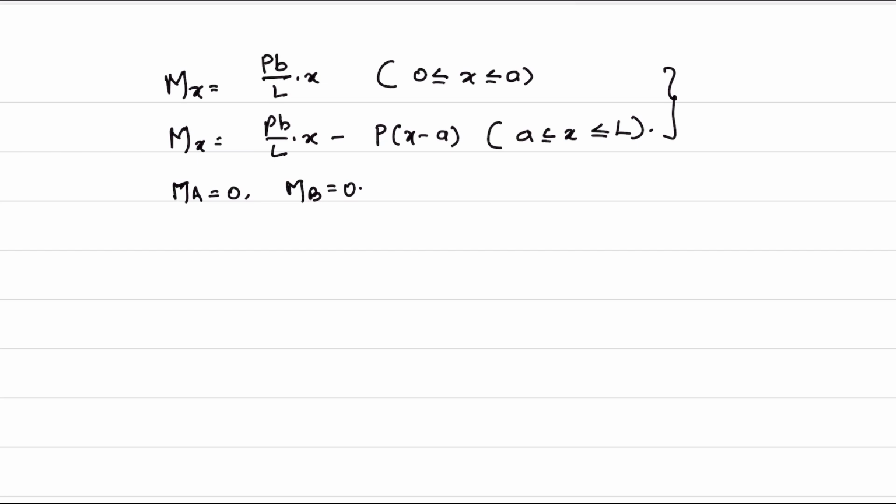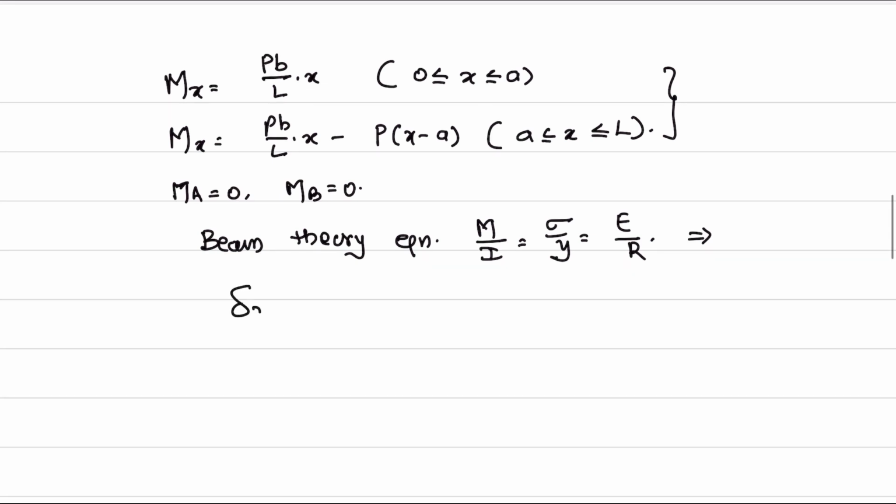Now, how to use the beam theory equation to find the deflection, which I have explained in my previous classes. M by I is equal to sigma by Y is equal to E by R. From this,